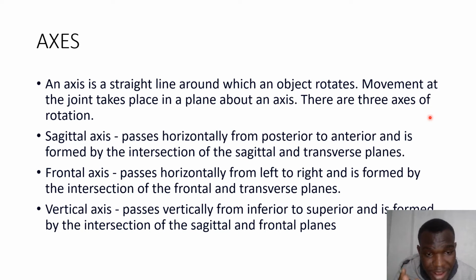All right. The frontal axis passes horizontally from the left to right and is formed by the intersection. Intersection means that there's a piercing, like an intersection, from the frontal and the transverse plane, whereas the vertical axis passes vertically from inferior to superior, all right, and is formed by the intersection of the sagittal and frontal